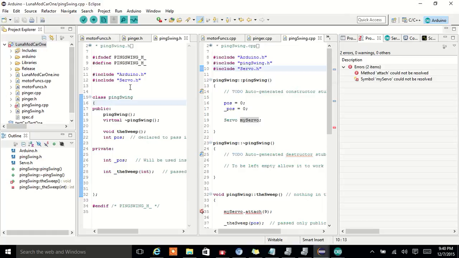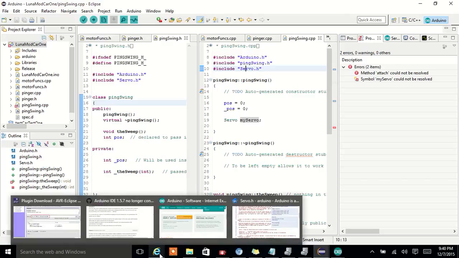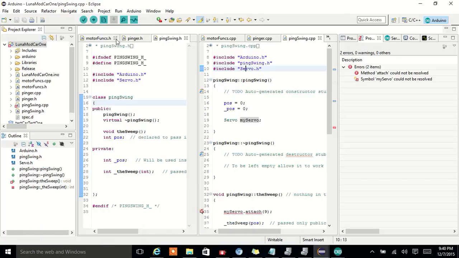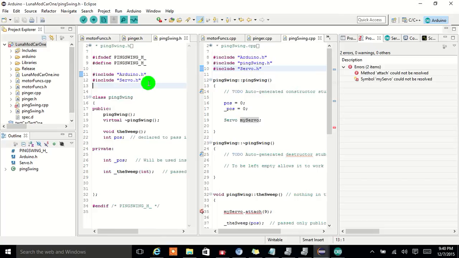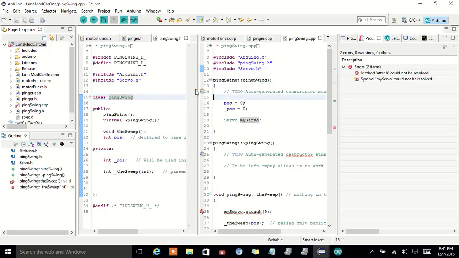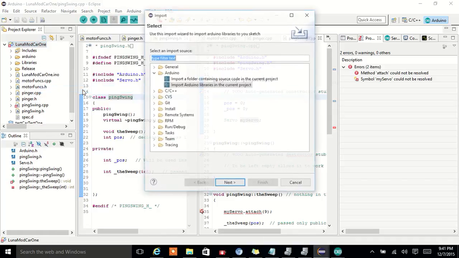Now we have learned that you'll find stuff in forums saying it's built in, so you don't even have to put this part in your code. And then I didn't put the include servo in my code, and it wasn't working either. And when I put the include servo.h in my code, it wasn't working either. And then when I went and tried to find it, well, that was a whole different story. So that is how you import a library that you need, so you just have what you need for that project. Remember, right click on it, go to import